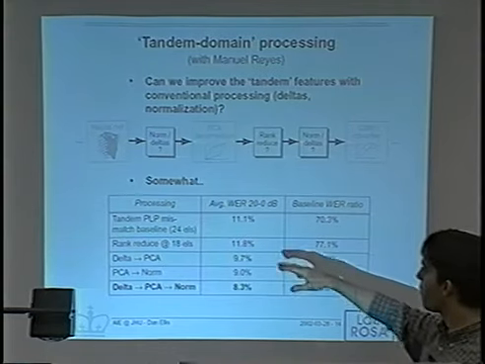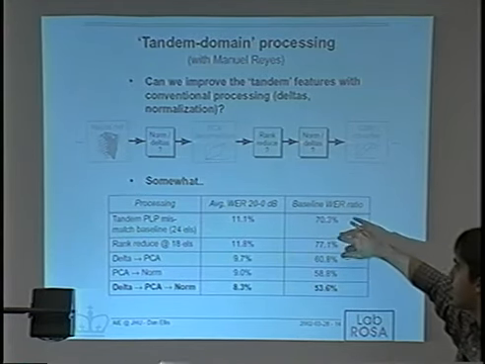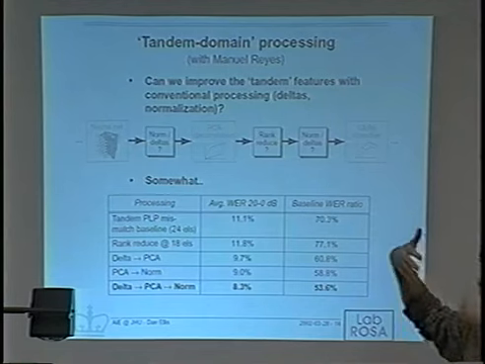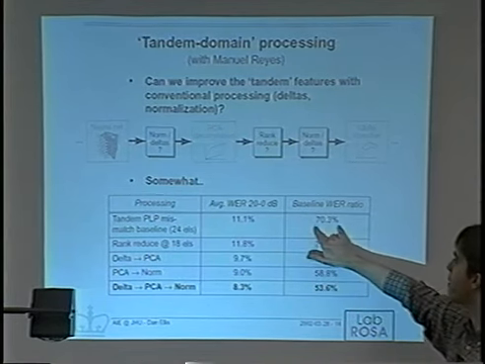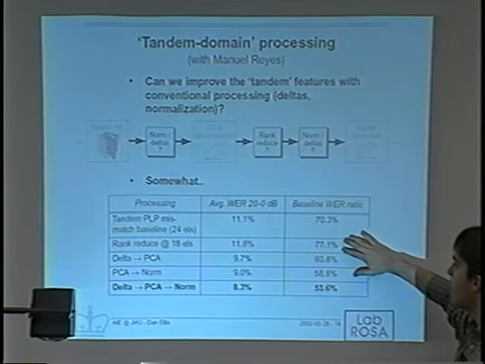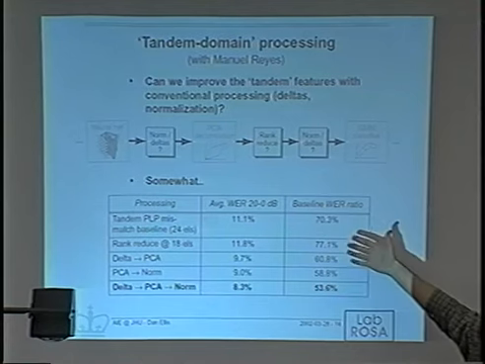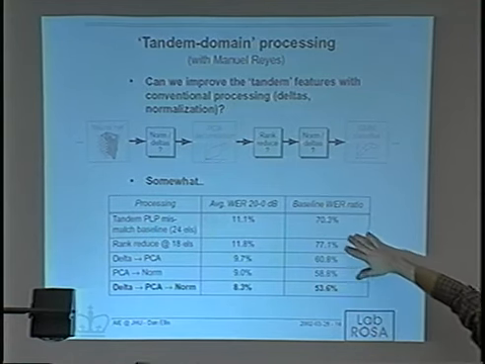When we tried that out, so we're talking the baseline system, which is, again, relative to the same HTK baseline, we start off with like 70% of the errors. Rank reduction doesn't actually help us. If we throw any of the data away, we end up getting worse.